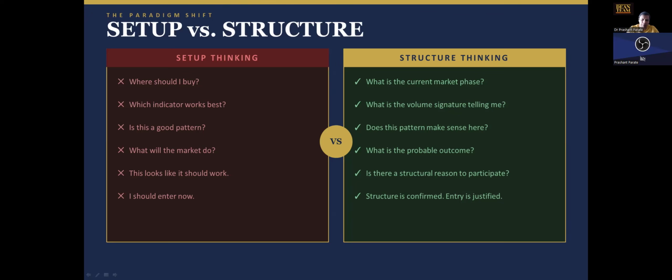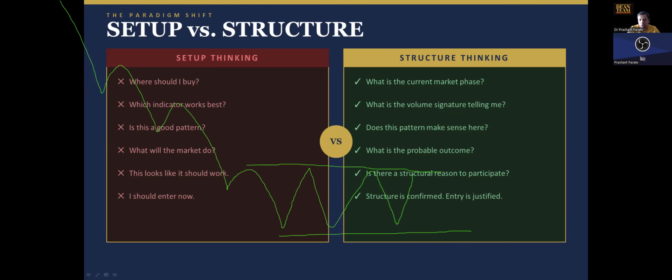But setup people will think that I should enter now. This is the setup. It is a confirmed setup. I will enter and I will just buy it. So how is structure confirmed? When the trend is down, like let me mark it. When the trend is down and prices are falling, then I will not buy. My structured thinking is that it should go either sideways or have some reversal, when I know that there is a higher chance of buying on a dip.